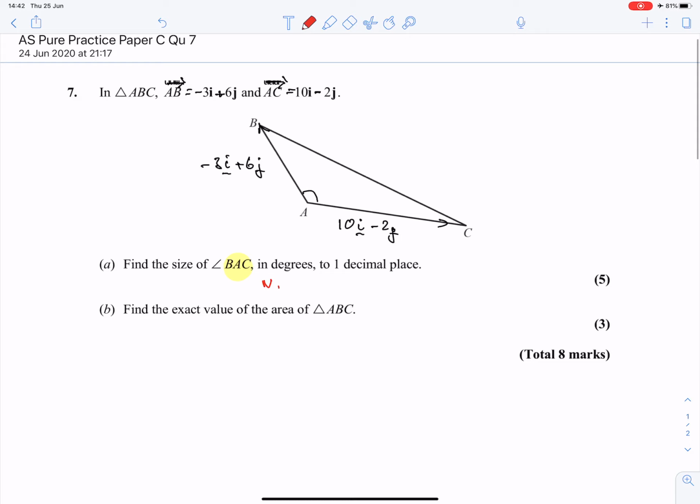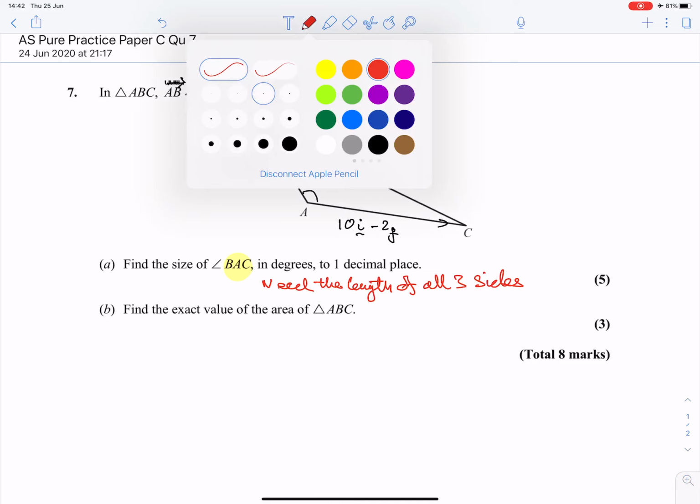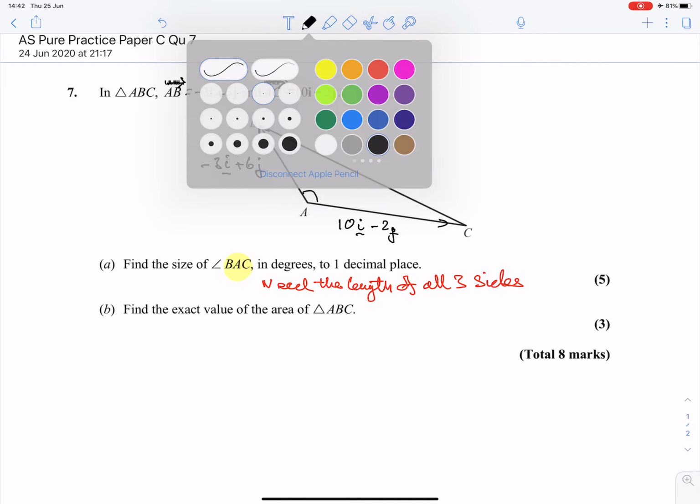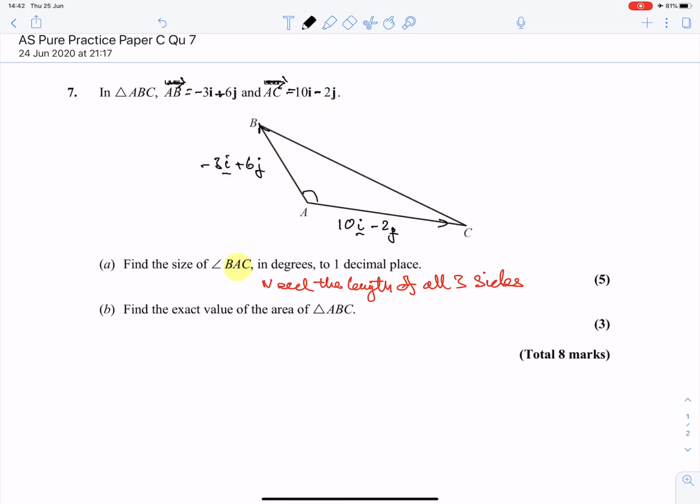So we need the length of all three sides as the way into the question. So the magnitude of AB